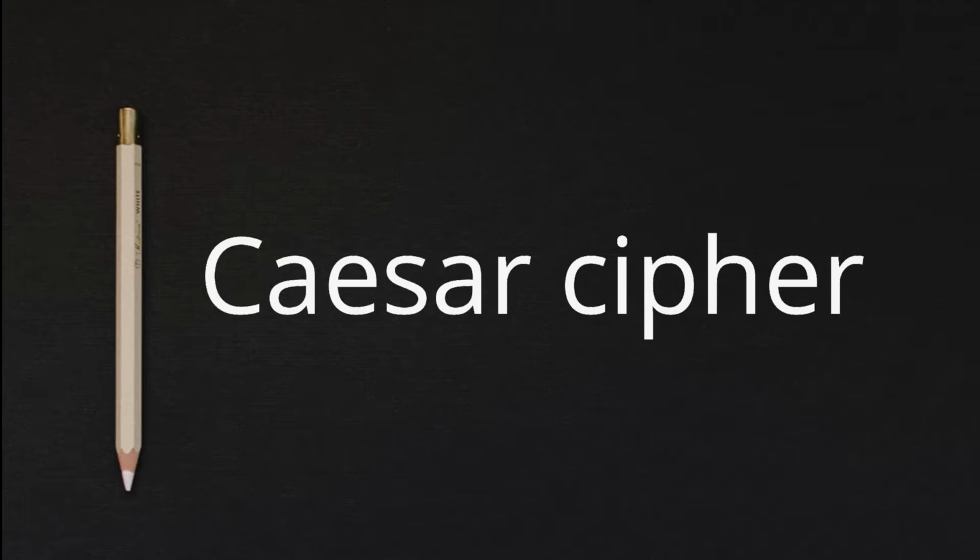Hello, in this video we're gonna see a Caesar cipher. Caesar cipher is the earliest substitution cipher, which was invented by Julius Caesar for communicating with the military generals in